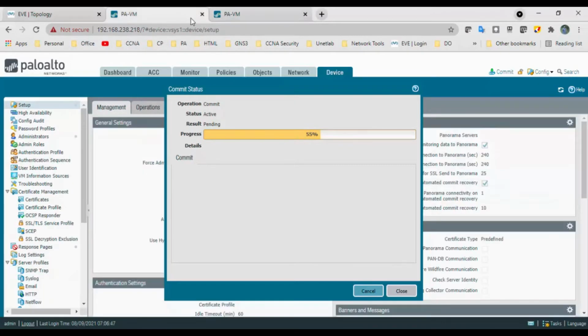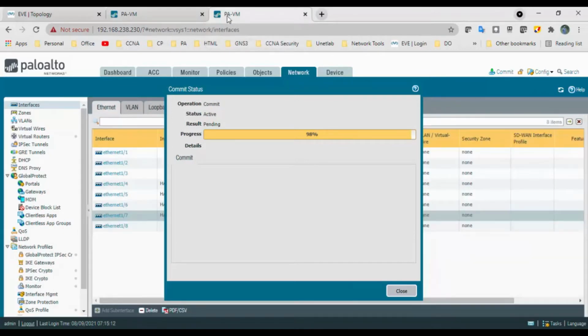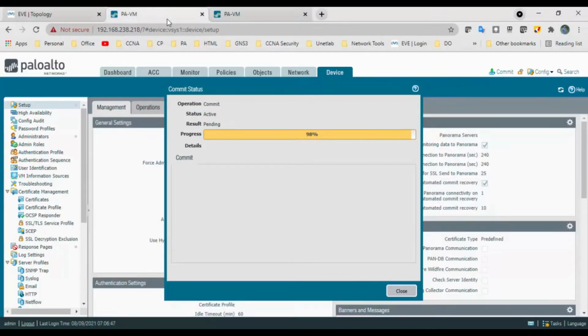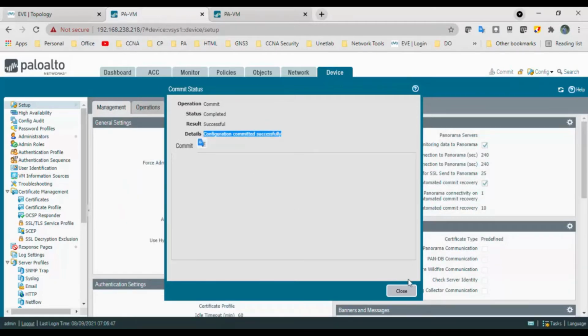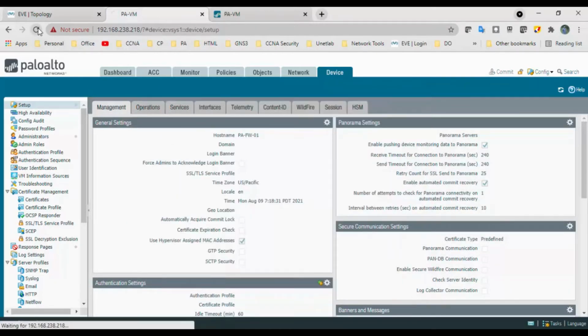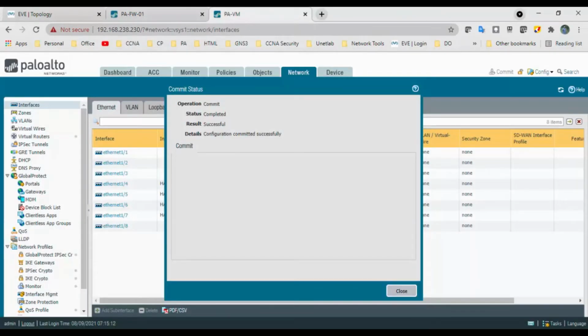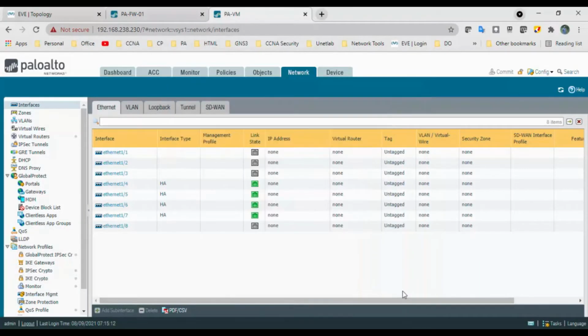These changes should be reflected once the changes are completed successfully. Okay, for firewall 1 the configuration committed successfully. Click on close and refresh the page, and you can see here PA-FW-01 for firewall 1, and here also the configuration committed successfully. Click on that and refresh it.